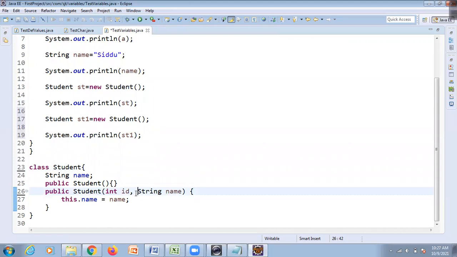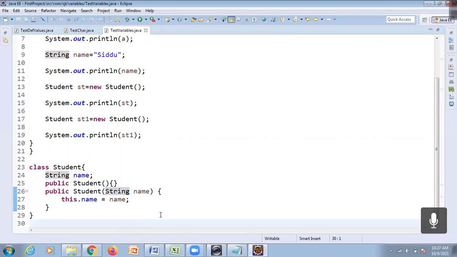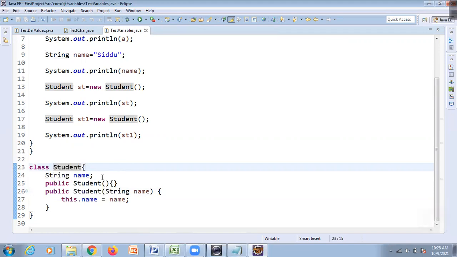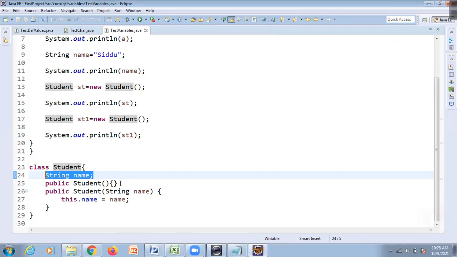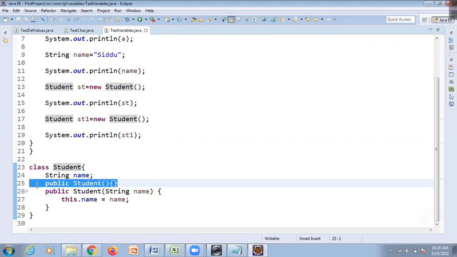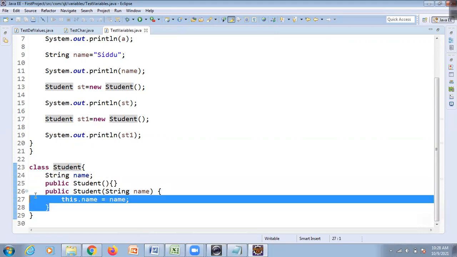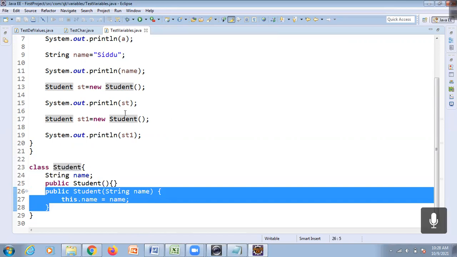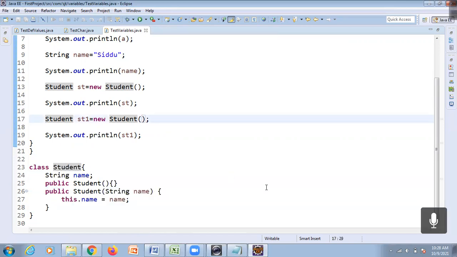What is your understanding about the student object? The student class contains one String variable, one default constructor, and the parameterized constructor. For this st1, I am going to initialize the value here.